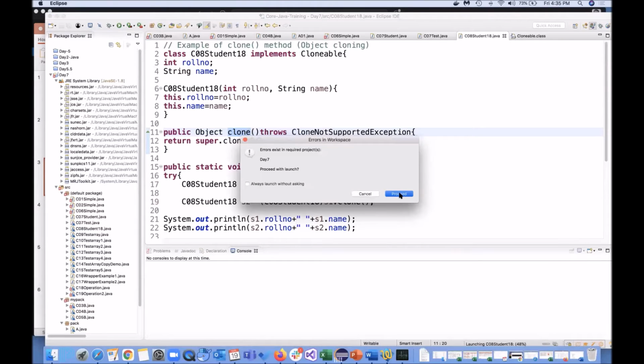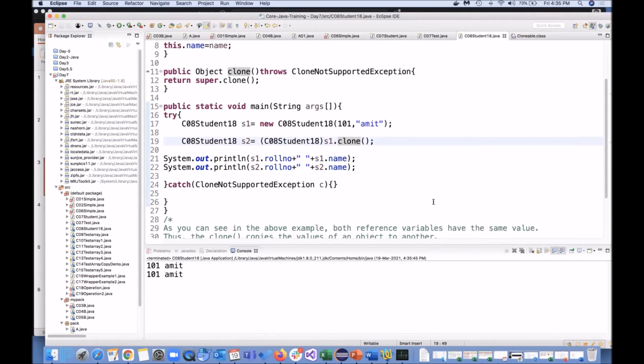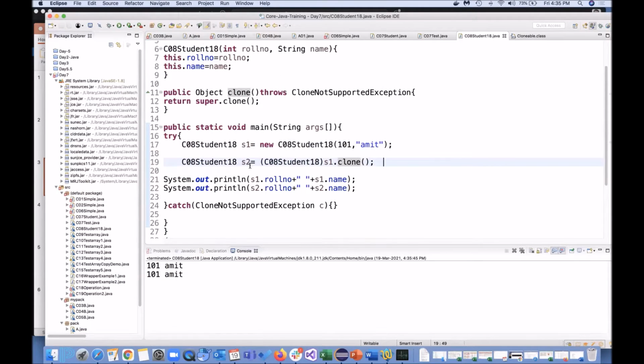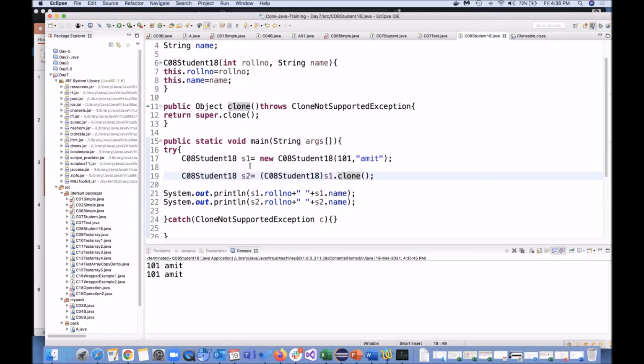So here's one question: why do we create 2 objects for similar things? The objective for writing this program is to explain that when you have several objects and want to copy data from one object to another, it's better to use clone. Sometimes you want to instantiate the object with some default value. Correct?